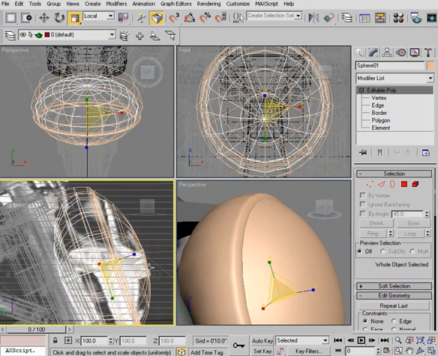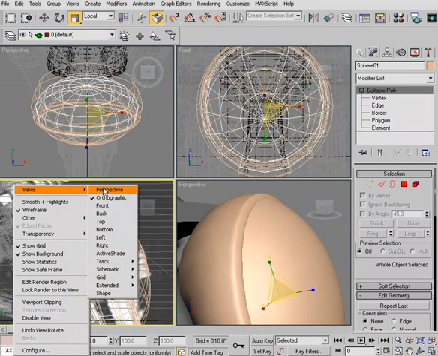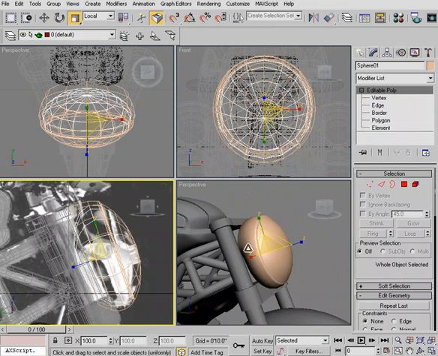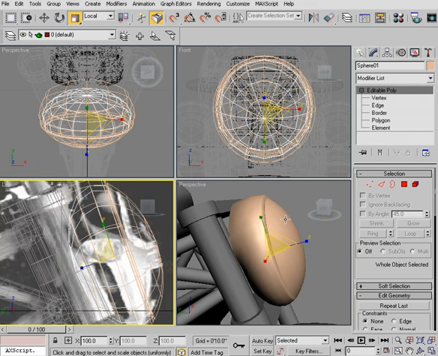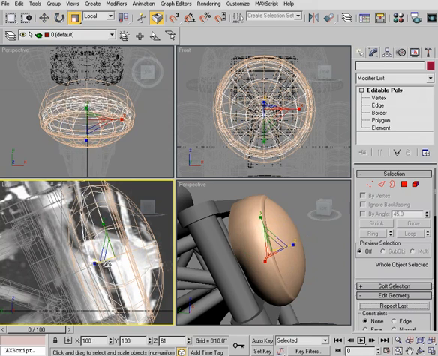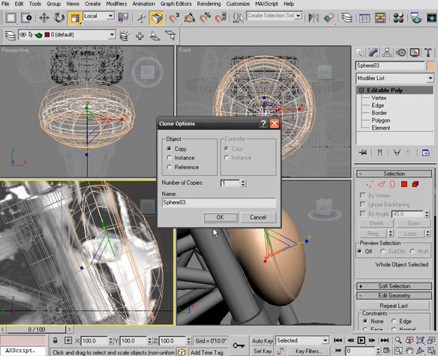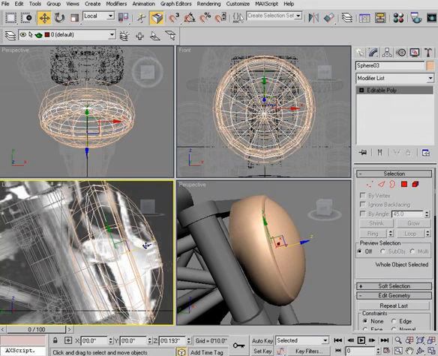Now I want to have this serve as the back on the outside, right? So you can see that it has a back here, but we also need a back to show through this transparent front here. So I'm going to, with scale selected, hold down Shift, and scale this in one direction, make a copy of that,